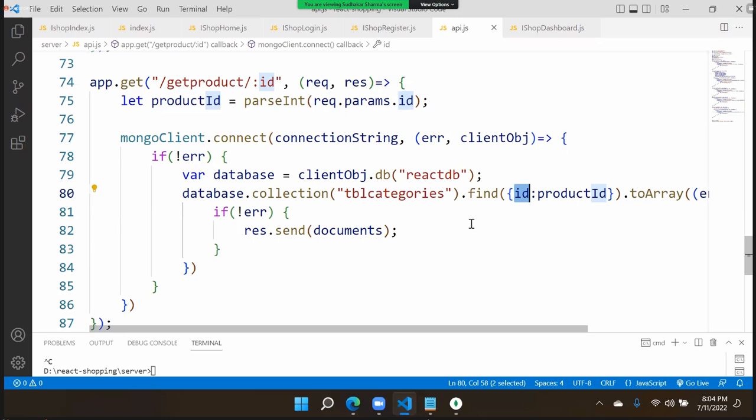I told you that we don't use any SQL queries here. We use the simple find command. Find was returning all. Now it is returning only the ID that is matching with this, right? If it is an SQL based database, select from table where ID is equal to whatever ID you collected as